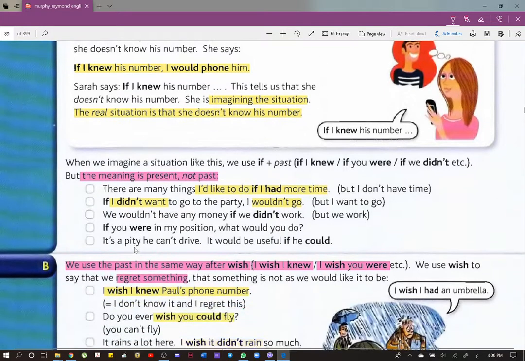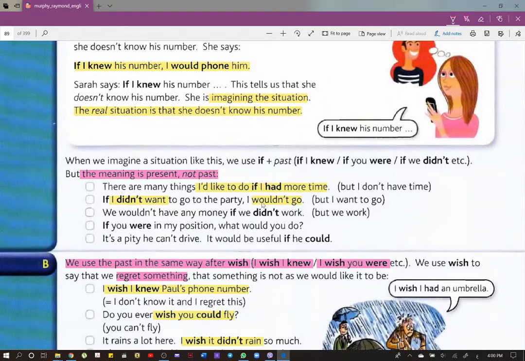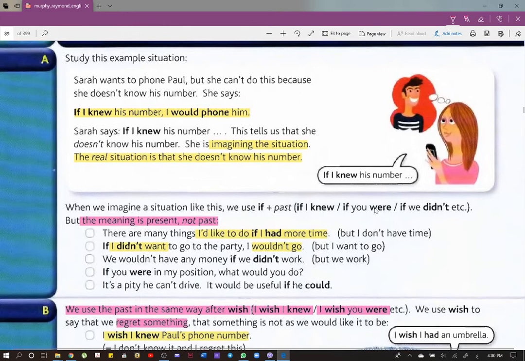Now, if we say, for instance, if I didn't want to go to the party, I wouldn't go. Okay, but I will. Remember, by the way, we may use if you were, or if we didn't. So we may use the negative, and we may use the pronoun, and we may use the verb. It's the same. The idea here is that we are using the past tense to talk about something imaginary, something which is not